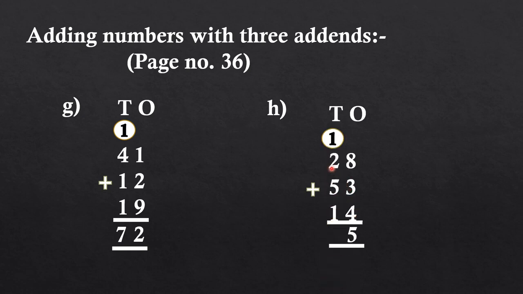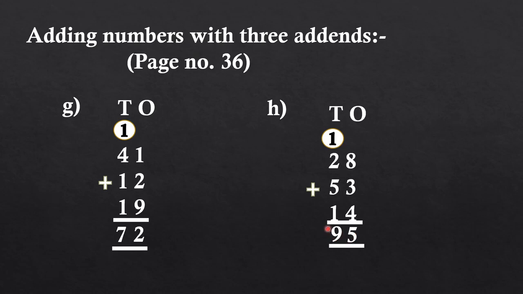Now keep 2 in your mind, 5 on your fingers. So after 2 you have to count 5 numbers, 3, 4, 5, 6, 7. So now keep 7 in your mind, 1 on your fingers. That is equal to 8. And now we have to add carry digit, okay? So 8 plus 1 is equal to 9. So our answer is 95.